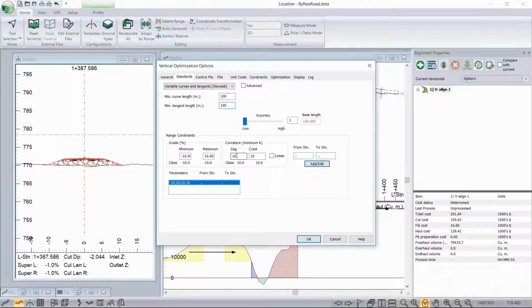This is going to be a rural low volume road, so a K value of 10 is appropriate. For sag and crest, min max grades, that should be good enough, minus 10%. For minimum grade, maximum grade, 10%. Make sure that I have that